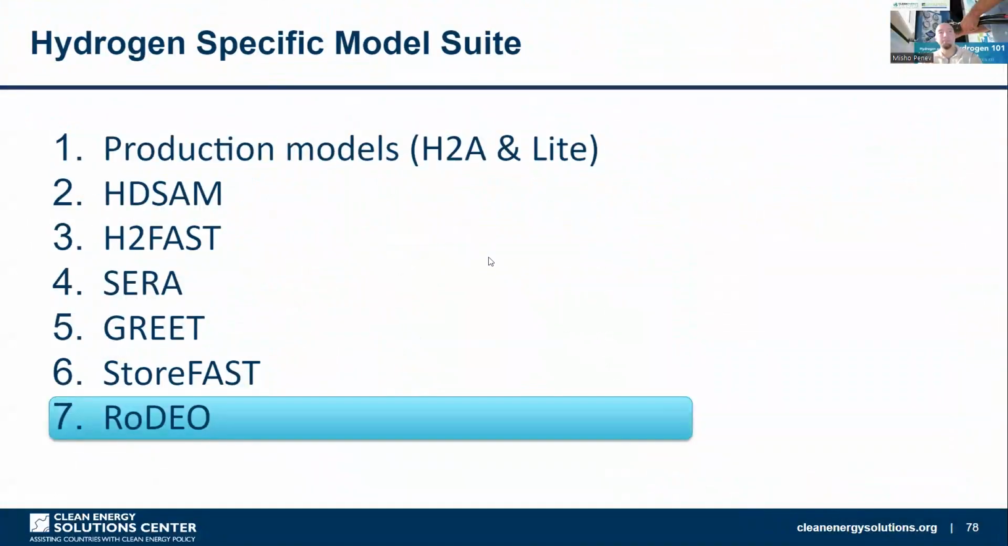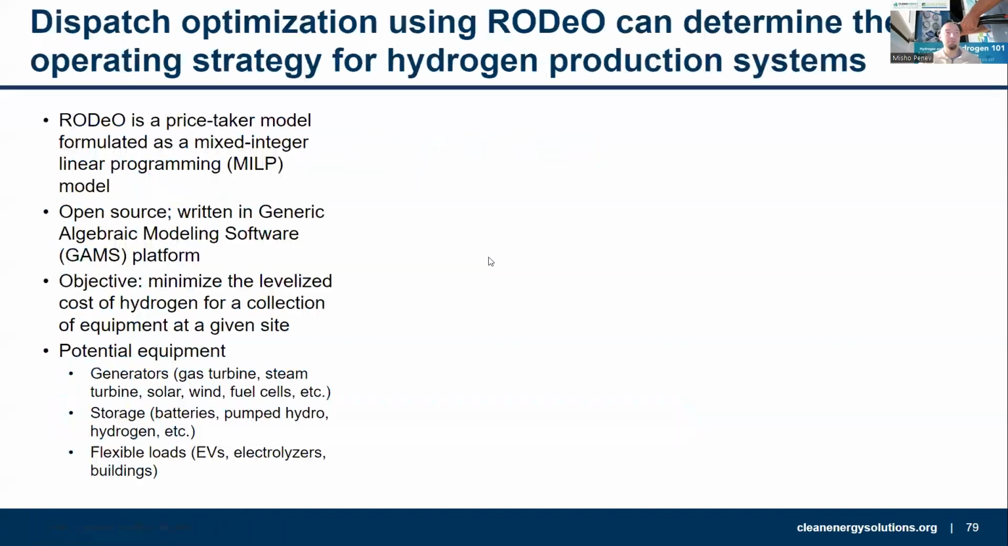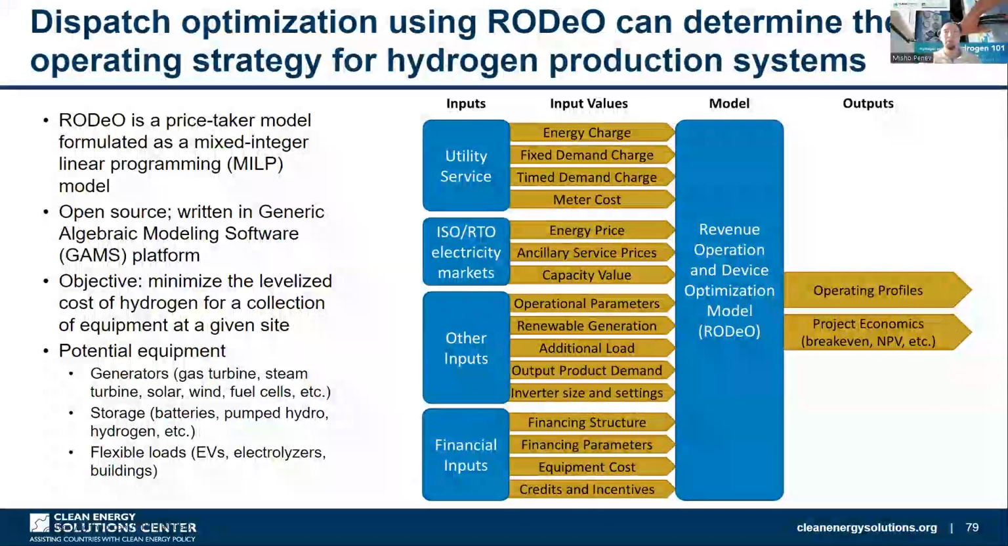Next slide, please. So lastly, I'll go over briefly the RODeO model. And by the way, Omar is an expert in this model and could speak a lot more intelligently about it. But basically, it is a price taker model. You put a hydrogen production facility in the environment of different utility connection schemes. Either you connect with renewables directly, or you connect with your local utility, and you look at the retail